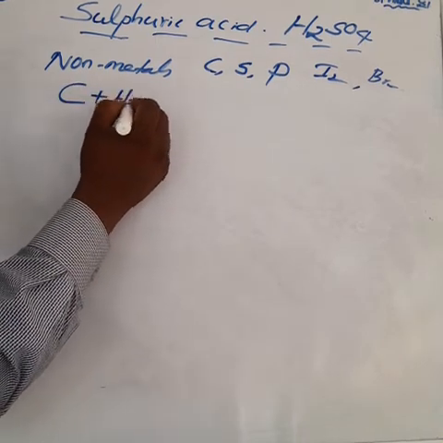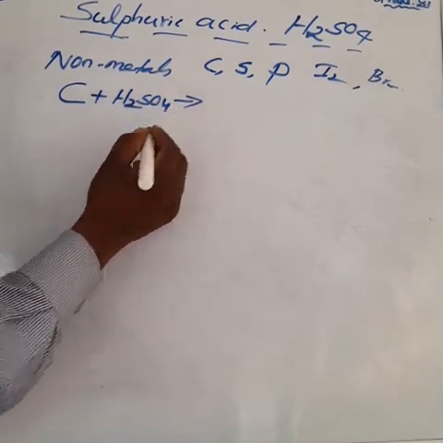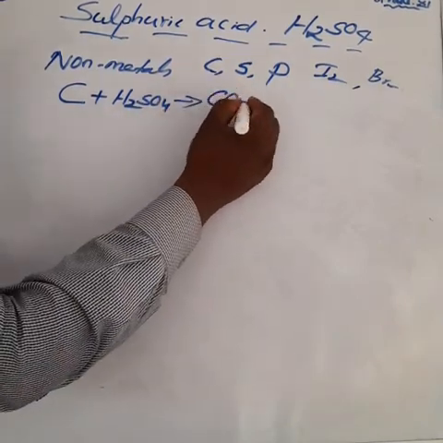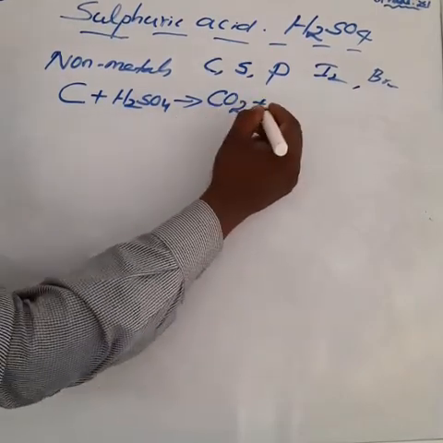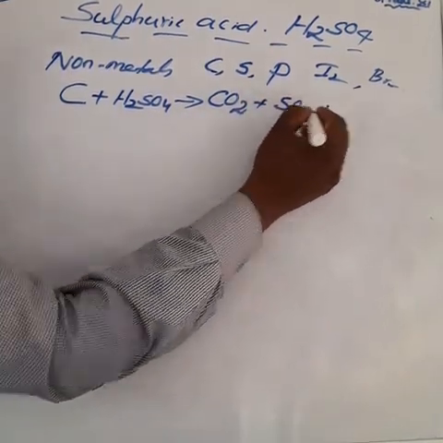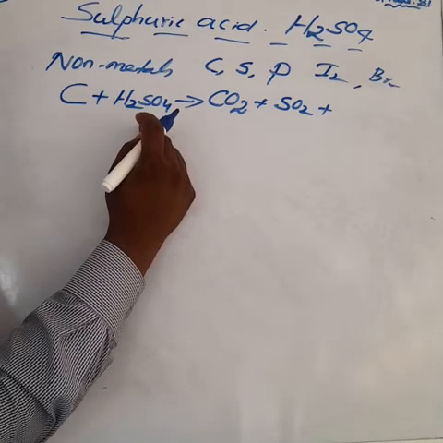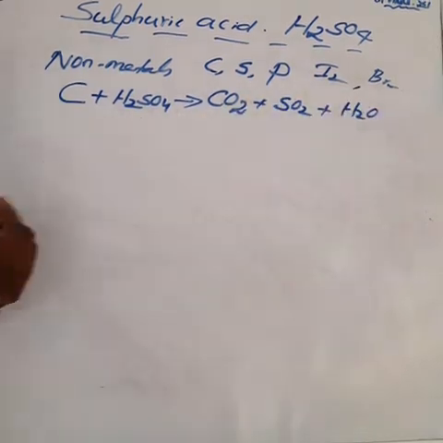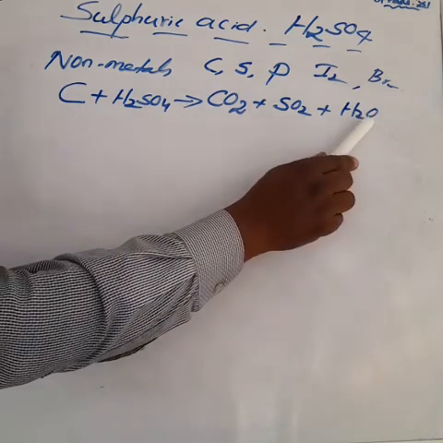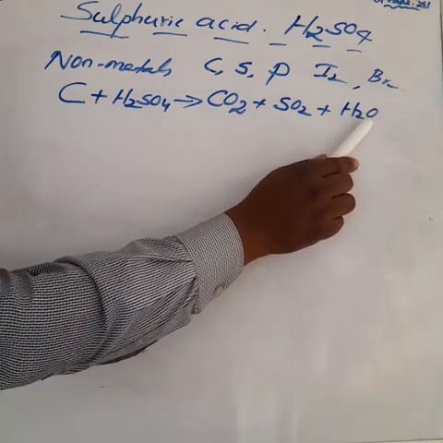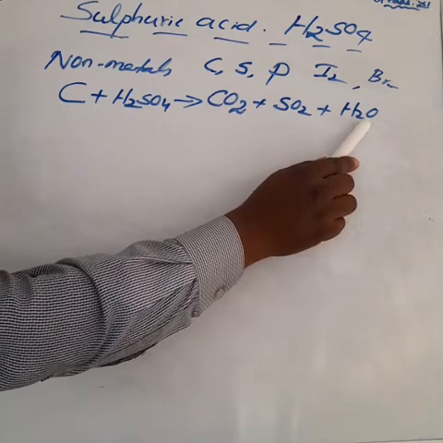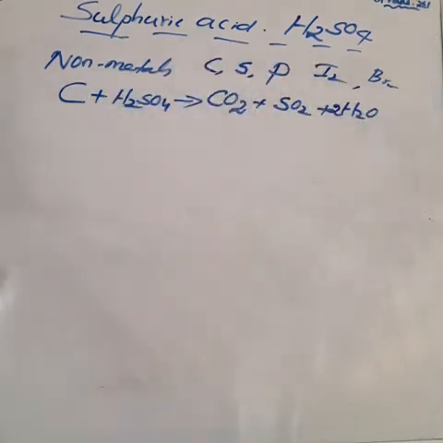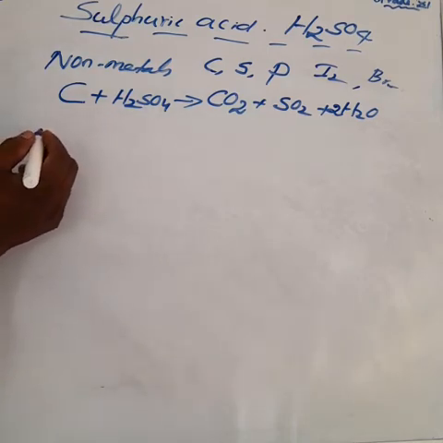Carbon reacts with sulfuric acid, we get carbon dioxide CO2 plus sulfur combines with oxygen, we get sulfur dioxide, plus hydrogen combines with oxygen, we get water molecules. How can you balance the equation? Here on the product side only one oxygen is there in water. Sulfur dioxide has 2, carbon dioxide has 2, that is okay. But water has only one oxygen, so make it 2 water molecules. Now the total oxygen is 2 plus 2 plus 2, that is 6.